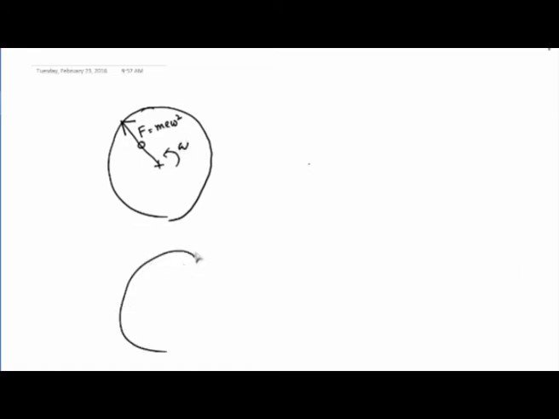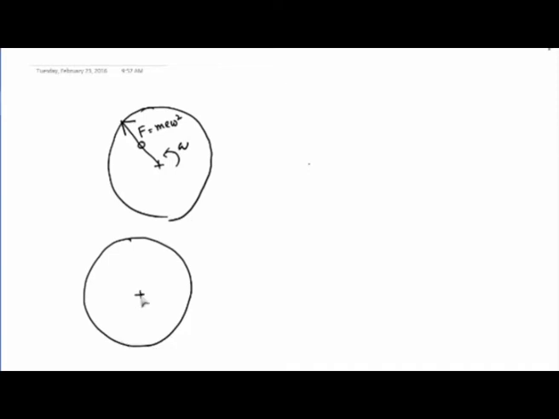So let us consider at some instant you have a nice circular disc but having some eccentricity, so the center of mass is here. So at this instant you will get a force m e omega square, which is directed from the point of rotation towards the center of mass. But since this object is rotating at a speed omega, at a later instant, I should draw better circles than this,